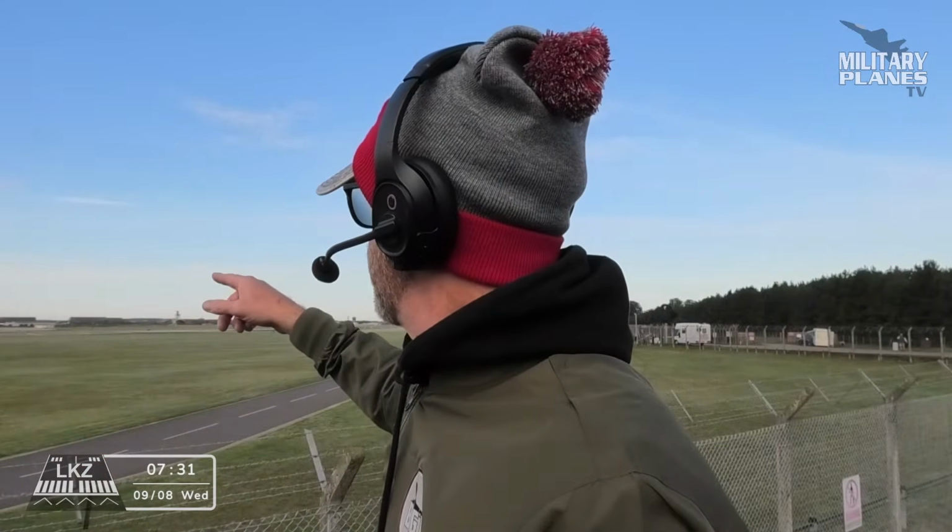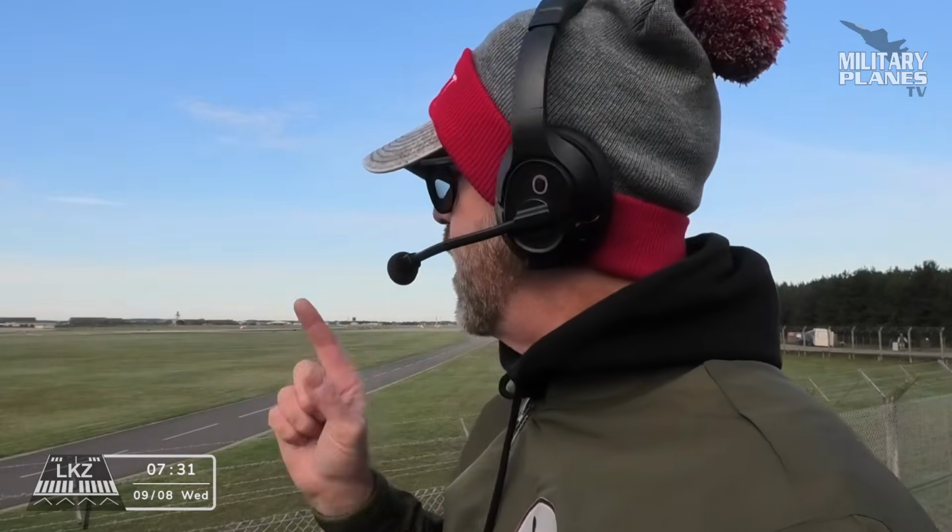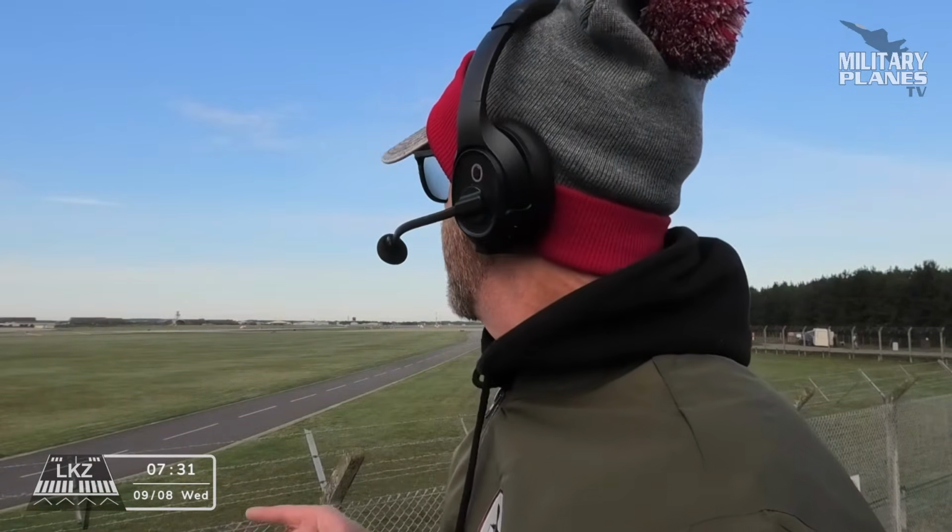Of course, the F-15 has external pods, whereas the F-35 has everything inside the belly. When the F-35s come out, you'll see them. They've already had all the checks and everything done. Interesting to note as well. Do you know which way they're taking off? They're going out that way, mate. Going that way? Yeah. So, interestingly enough,